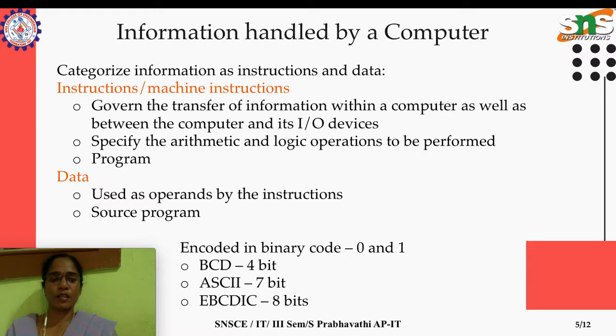So in general, whatever information we are passing or storing, the machine will understand in terms of zeros and ones. So it needs a translation, and that translation can be done via BCD, ASCII, EBCDIC, and still more different encoding schemes are available, and in our topic we will be discussing these things.